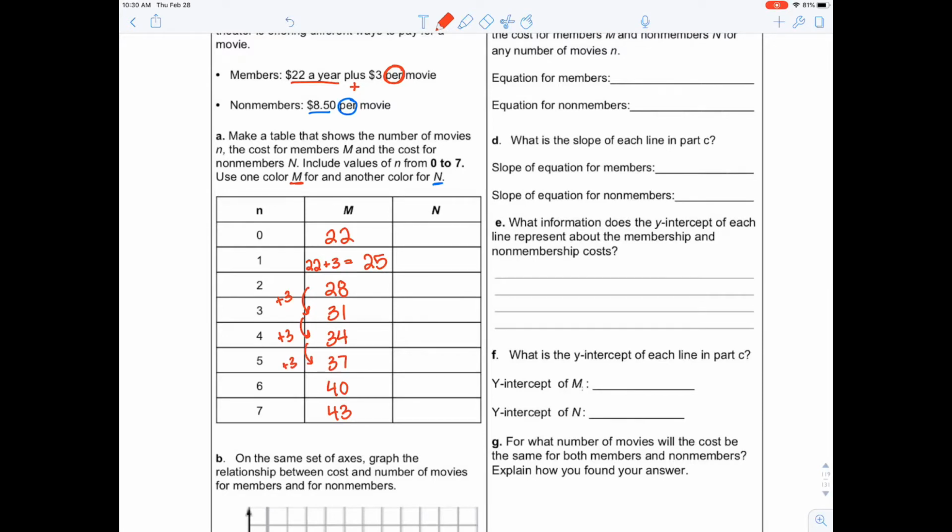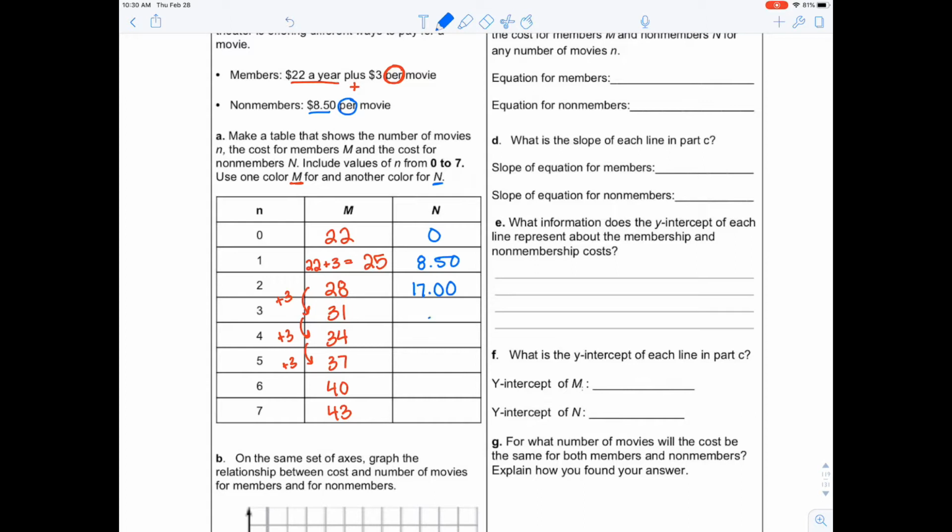All right, now let's do non-members. So non-members pay a nice flat fee of $8.50 per movie. So if they watch 0 movies, hopefully that should be $0. And one movie, well, $8.50 per movie, so that's just going to be $8.50. You might want to get out your calculator now because now we have to add $8.50 over and over and over. So $8.50 plus $8.50 is going to give me $17. And then add another